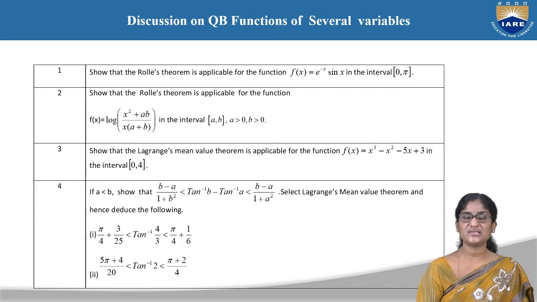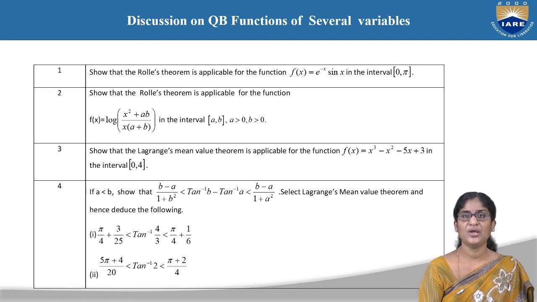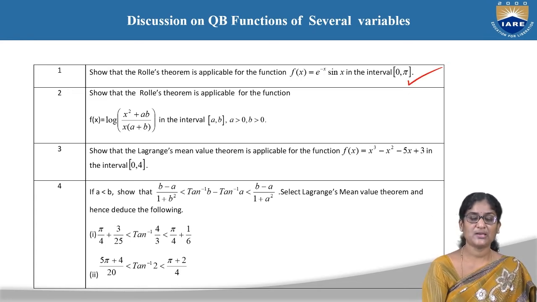Then you can say that f of x is differentiable in the open interval. And as it is Rolle's mean value theorem, we also have to show that f of 0 is equal to f of pi. That means the functional value of f of x is the same at 0 and pi. If these three conditions are satisfied, we have to pick a value c in the open interval a comma b such that f dash of c is equal to 0. Try to find the c value, and that c value should come out between 0 and pi. That is how we can show Rolle's mean value theorem for this function.